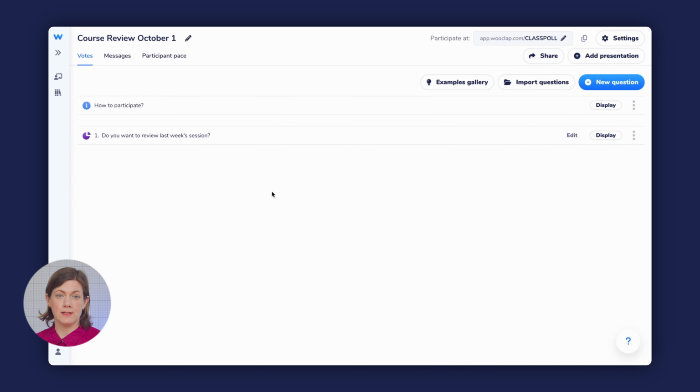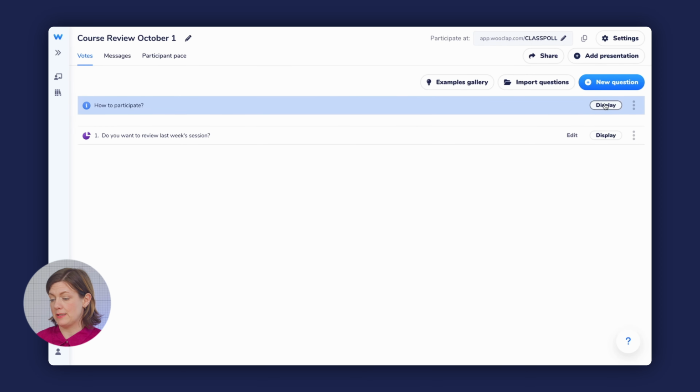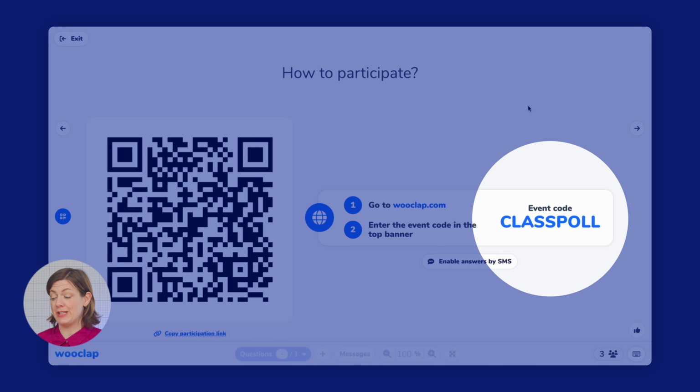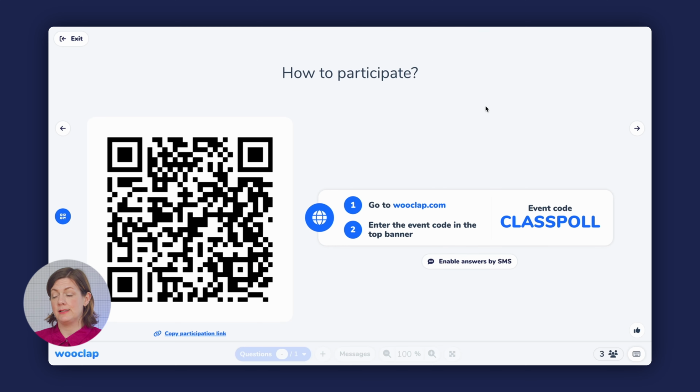When my session begins, I'll display the Wooclap instructions to my group by clicking Display next to How to Participate. My participants can connect to the event either by scanning the QR code with their mobile device or by entering the event code here on Wooclap's website. Once my students have connected to the Wooclap event, I can click on the arrow button to display my question